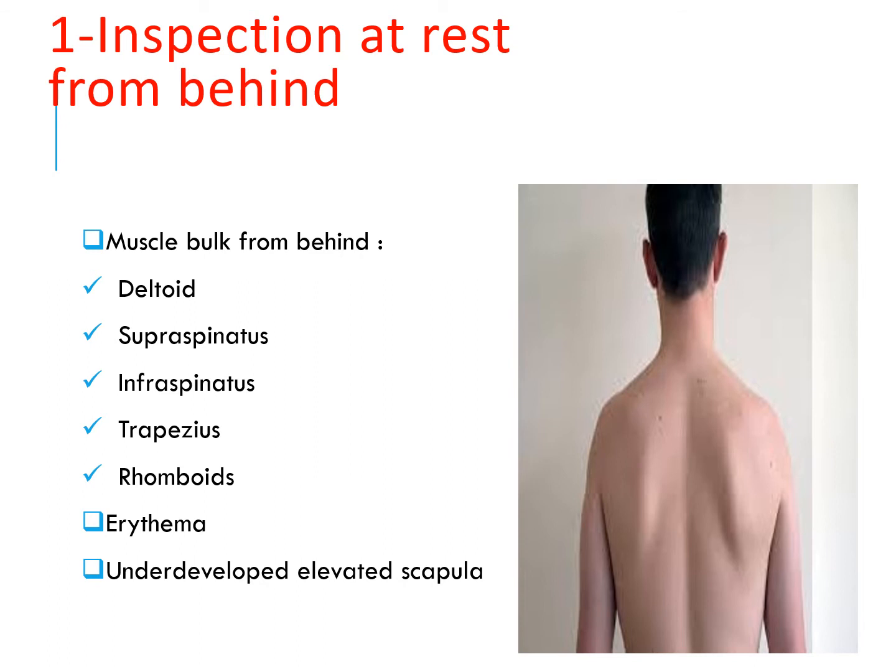Look for the contour of the muscles: the deltoid, the supraspinatus and infraspinatus, trapezius on both sides, rhomboids, and also erythema of the overlying skin or any deformity present in the scapula, like a small scapula or an underdeveloped, elevated scapula. Congenital anomalies may be found in the patient. We also should look for